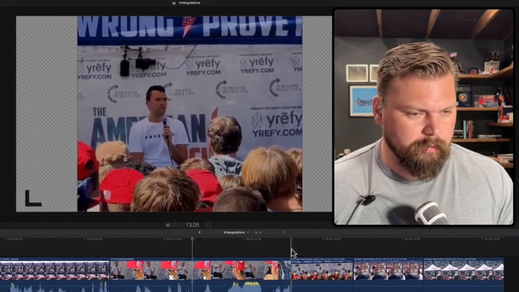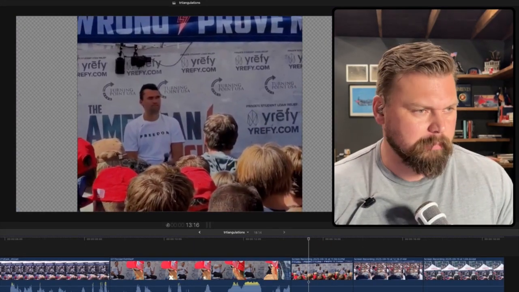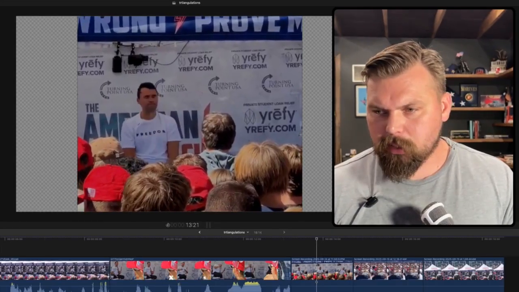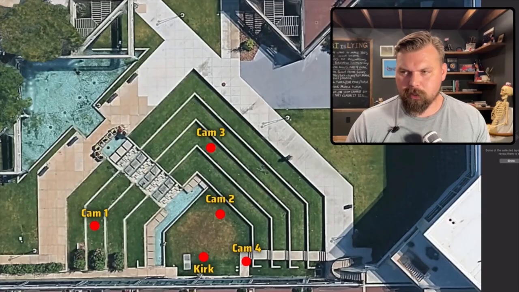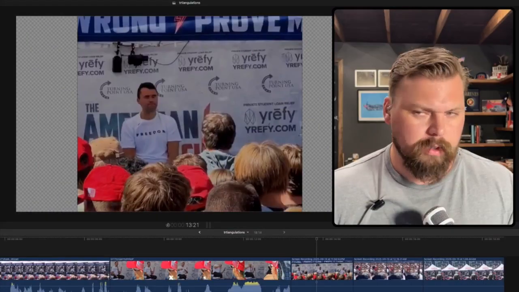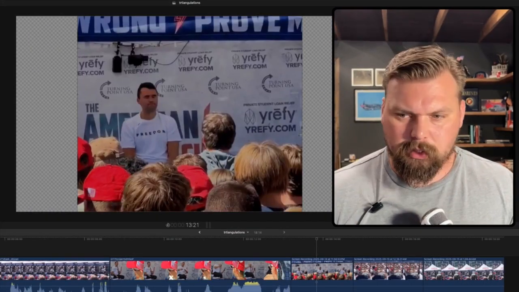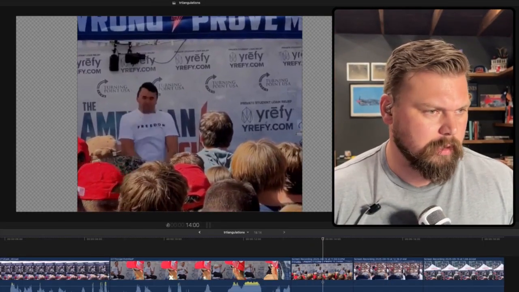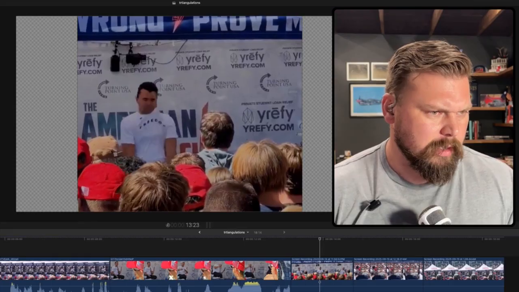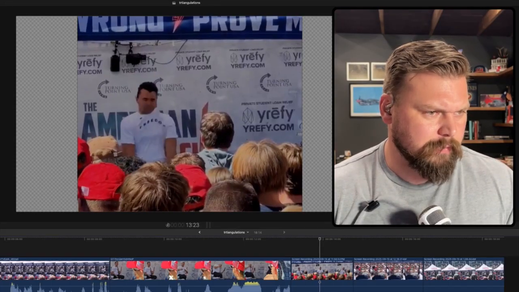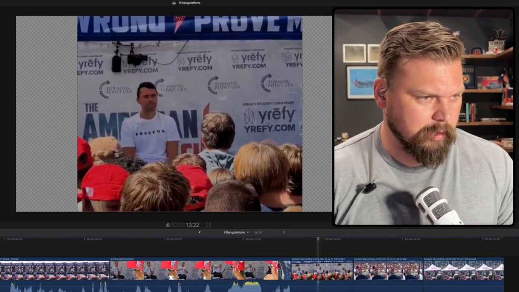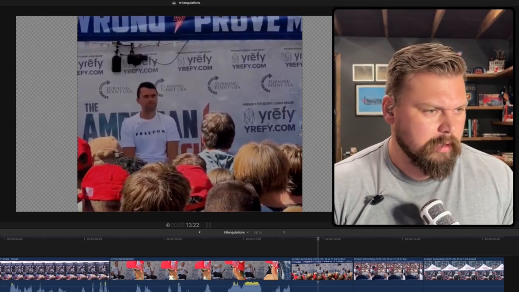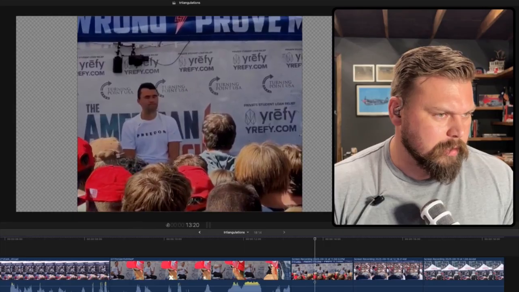That's camera 2. We're going to roll to camera 3. Camera 3 is a little bit better quality. This is where camera 3 is being shot from. Back. We're going to take a look at this: camera 3 going in frame by frame. What you'll see is kind of the same thing, but a little bit different. So there's your quote unquote body armor that's not there. And then we're going to roll into,